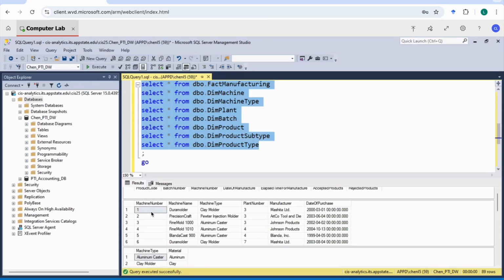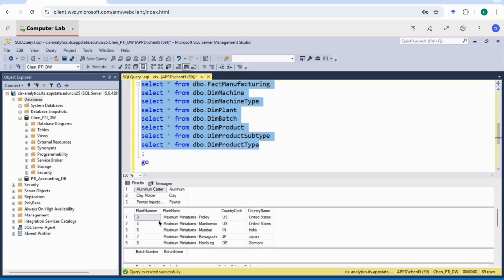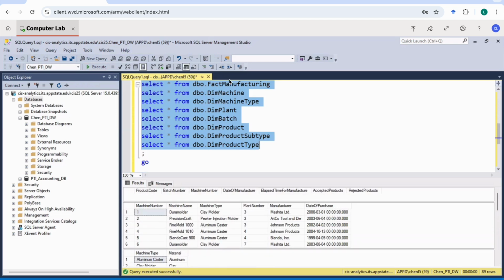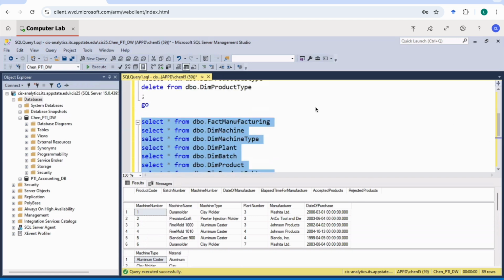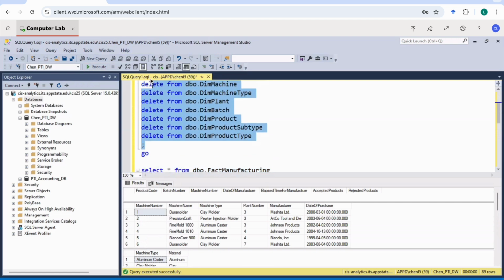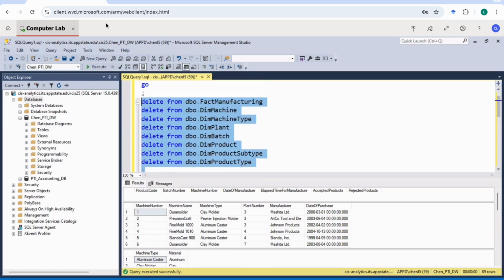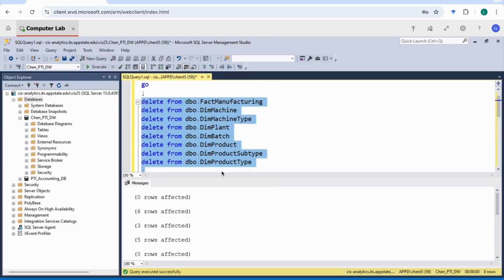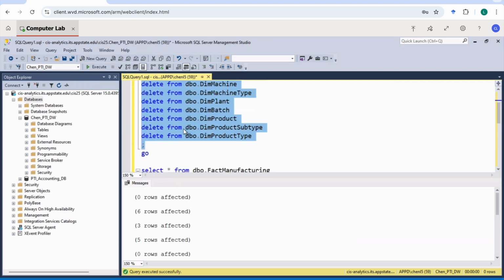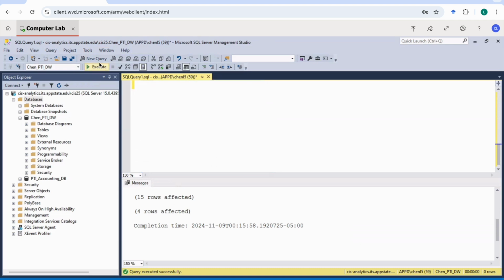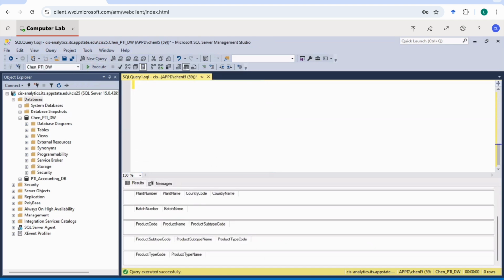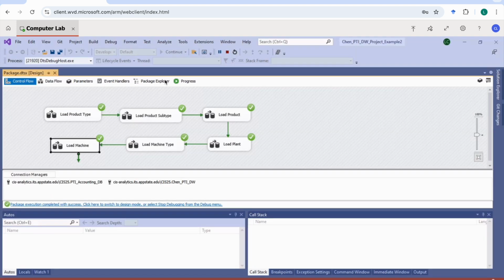Even the machine type and plant all have data now. Okay, that looks great, which means we did all the right things to get it processed. Now we need to clean the data from the table, because later we're going to run everything again. Also check it. I don't have to, but you can double check it if you want. Okay, awesome. They are empty now. We go back to Visual Studio, and again,